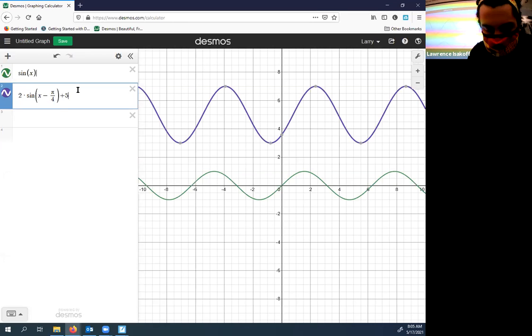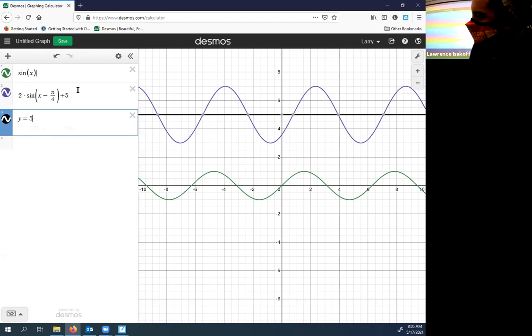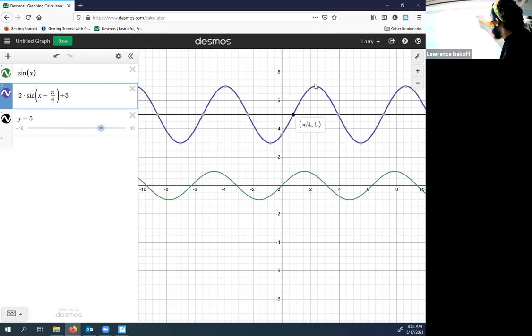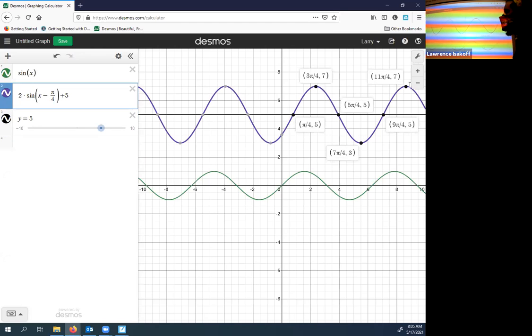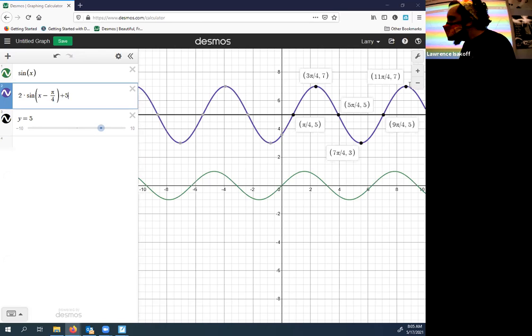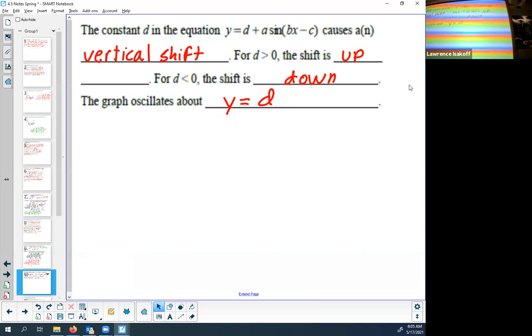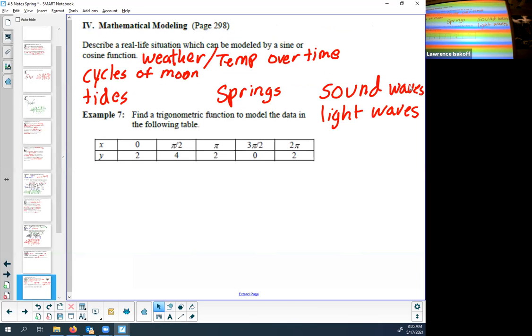That just moves up to 5 because if I put y equals 5 here, all of a sudden those critical points we saw before are literally just shifted up 5 units. So here with this, we're going to skip this one, but just for time's sake,